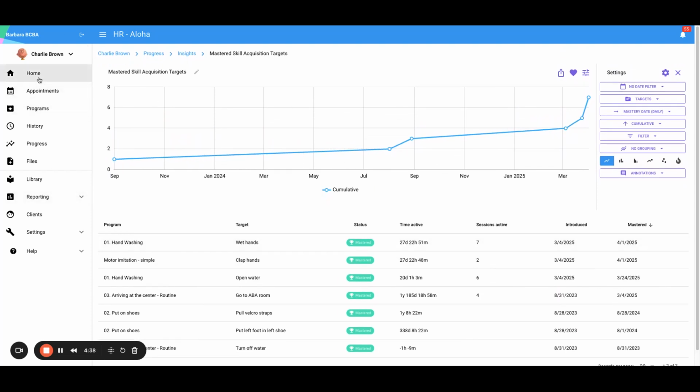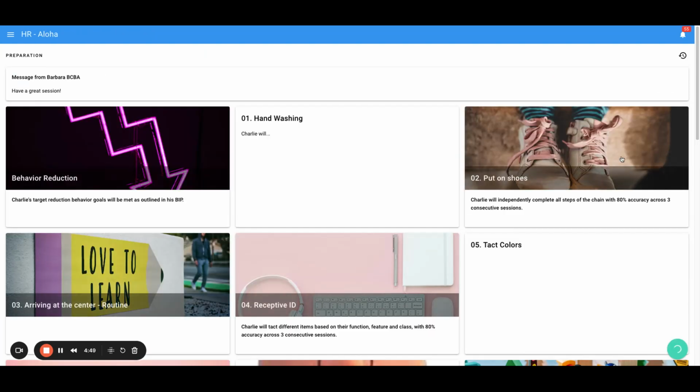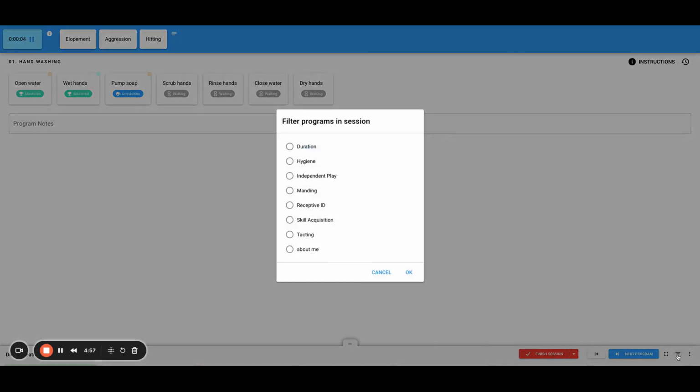Now, the next two places I'm going to show you are probably the more common use of this and are super useful. So when we run a session, we can filter by tags within a session as well. So if I start this session with Charlie Brown, I can actually go in and filter